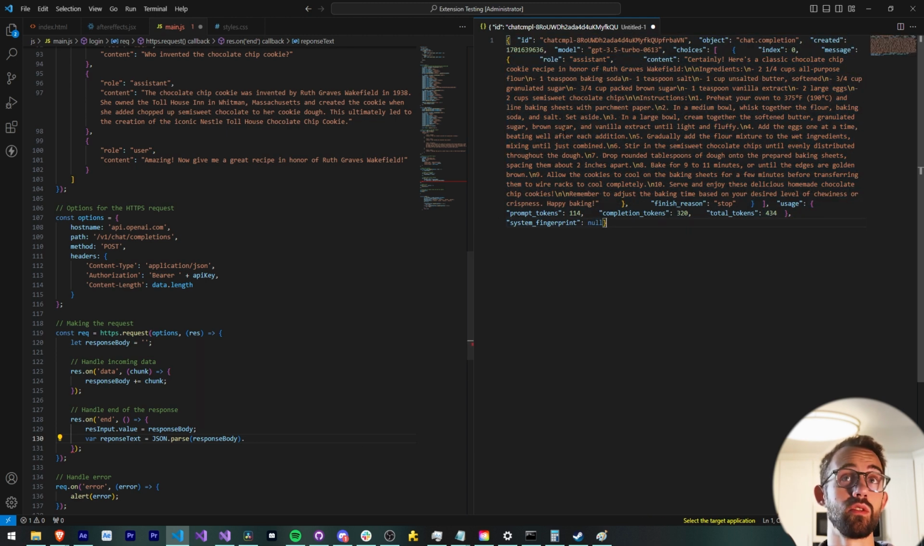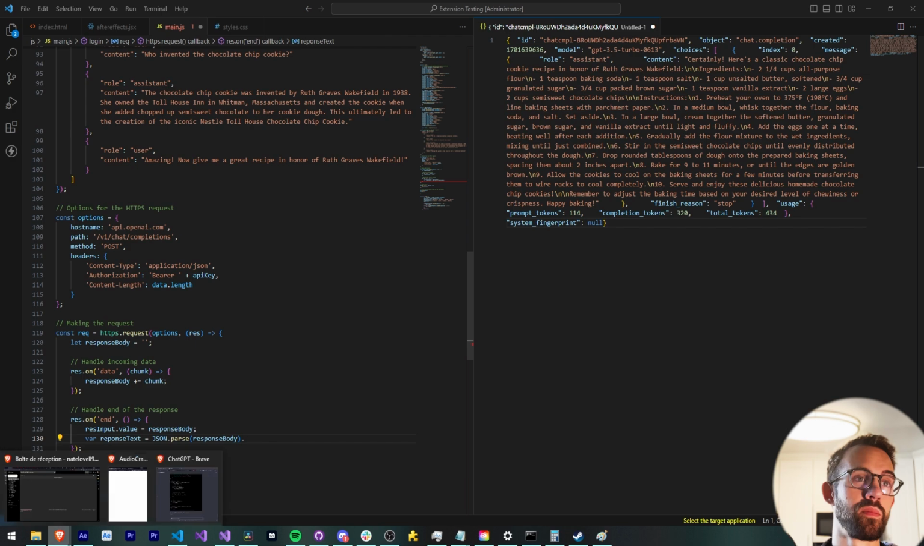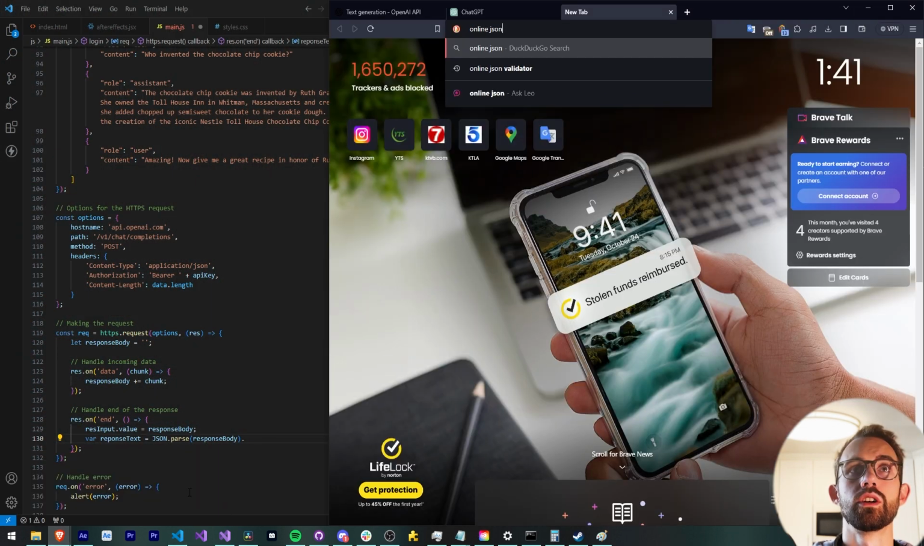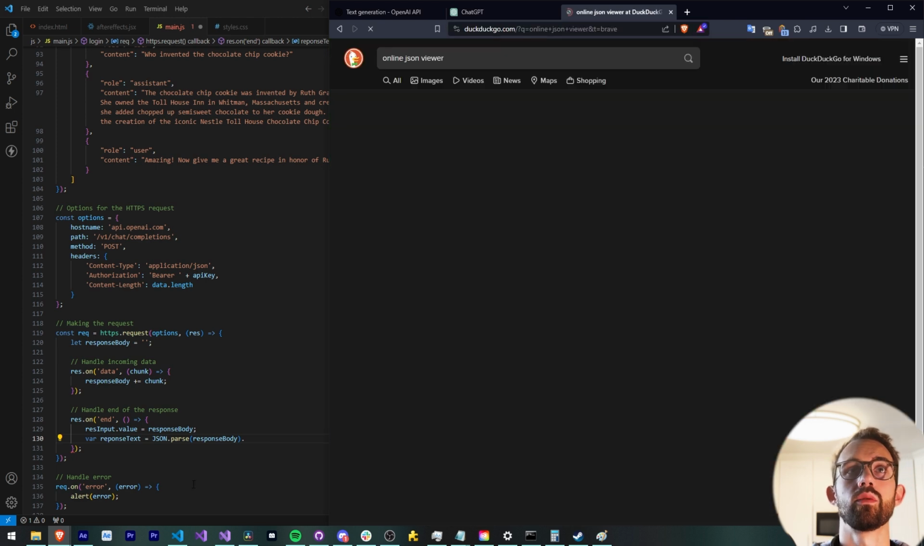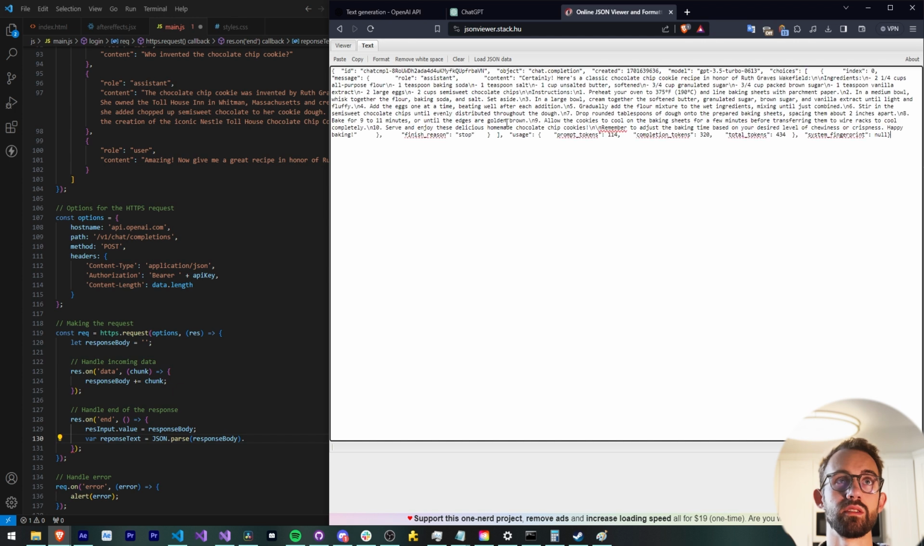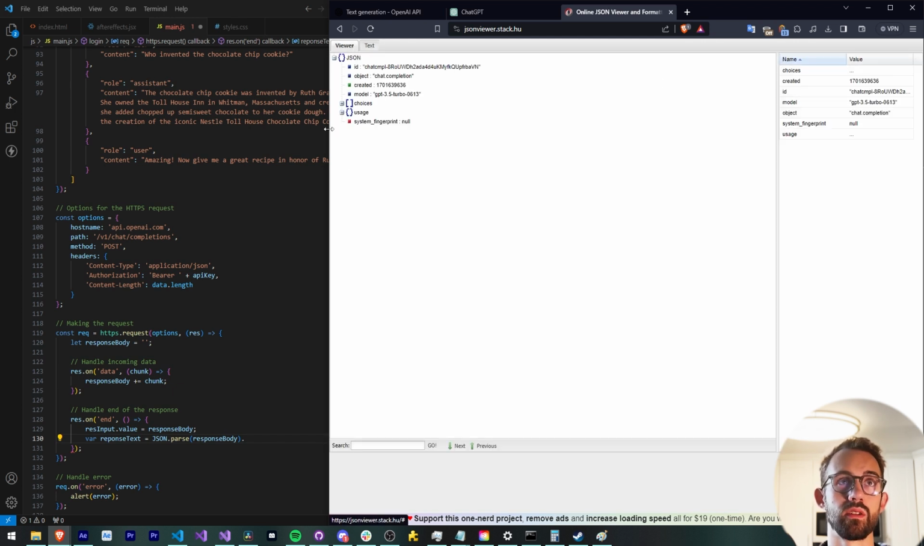A useful thing if you don't want to just eyeball it and figure it out is we can Google a JSON viewer online. Online JSON viewer. I had one that I used. There it is. And all you have to do is paste in your text and go to the viewer, and we can now navigate to the message. So